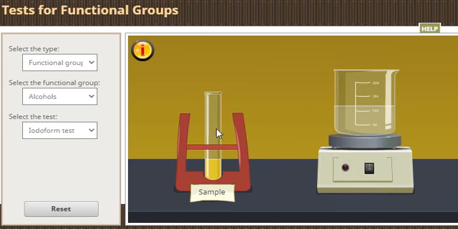As a result of it we get CHI3, and CHI3 is iodoform. Because of the formation of the iodoform, that yellow PPT is formed. So these are the important tests to identify the alcohols.